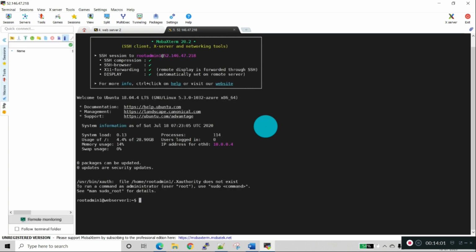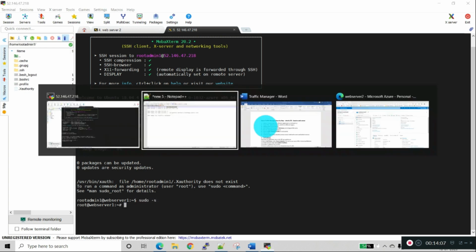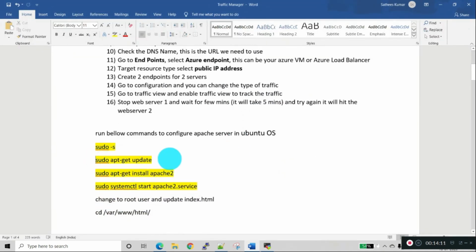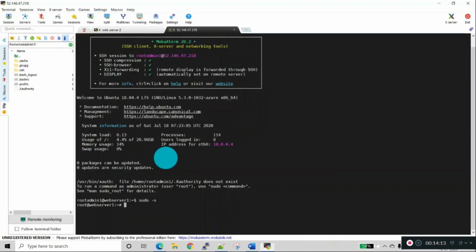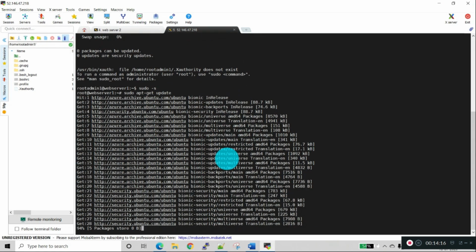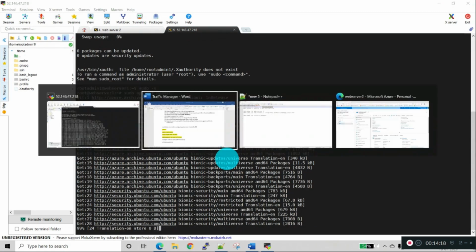Yeah, successfully logged into web server 1. Changing to the root user. So now let's install Apache.